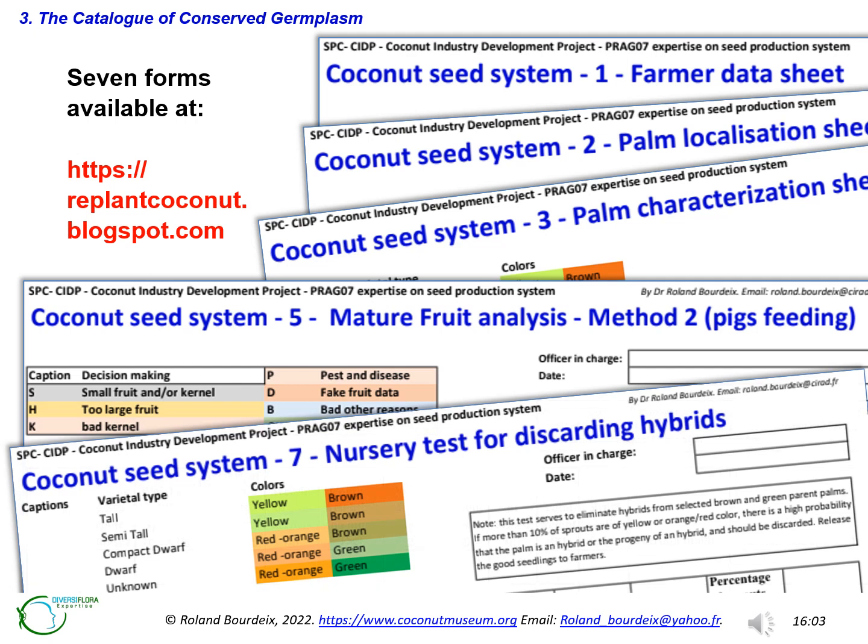Both the relevant Excel file and the 7 individual datasheets are available online for download on the website